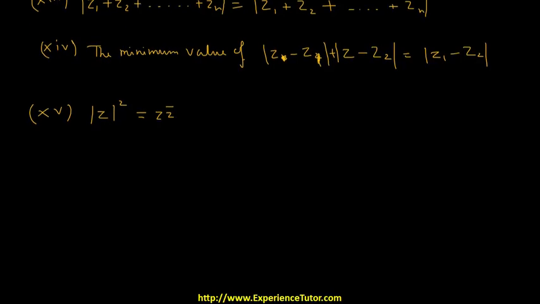Now we'll go through the properties of argument of a complex number. So the first property is